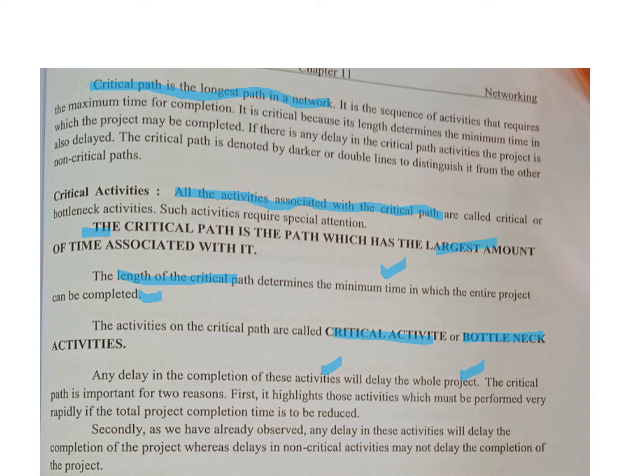So therefore, if you want to reduce the project timing also, then this is the path that one must take care of. So let us say you want to reduce the project timing to the project to finish in 8 days. So which would mean the path BDE. On this particular path, you require to focus to be able to finish the project in 8 days, because A and C would finish 1 day earlier in any case.